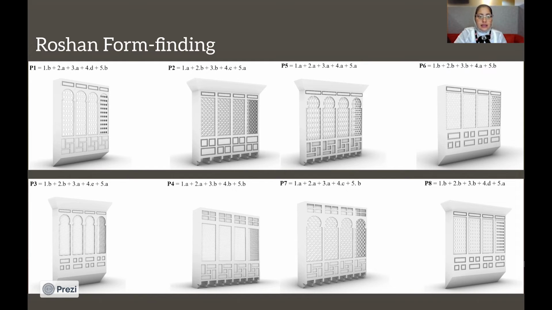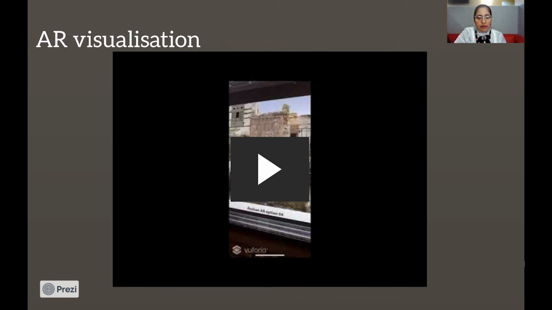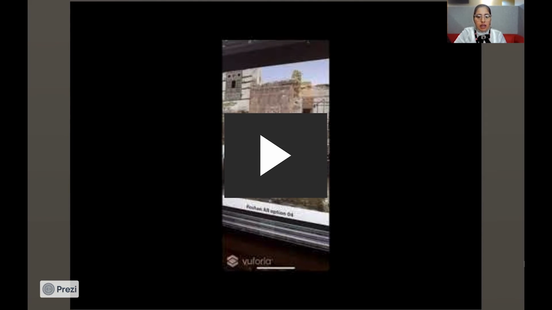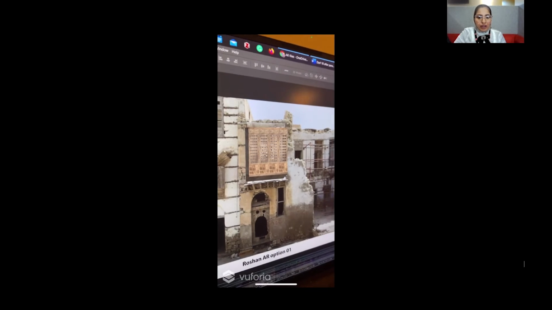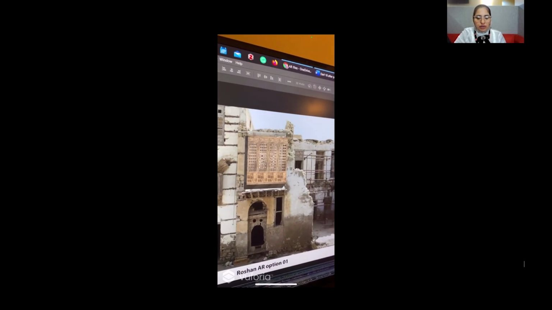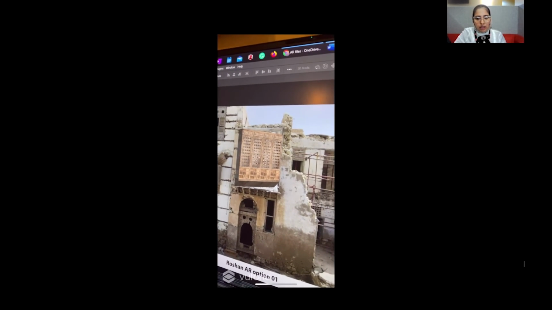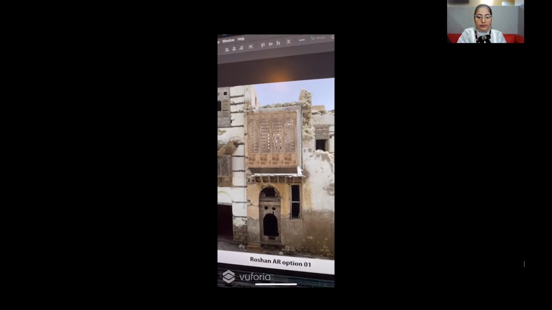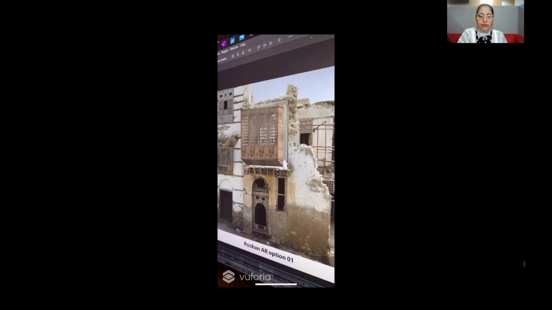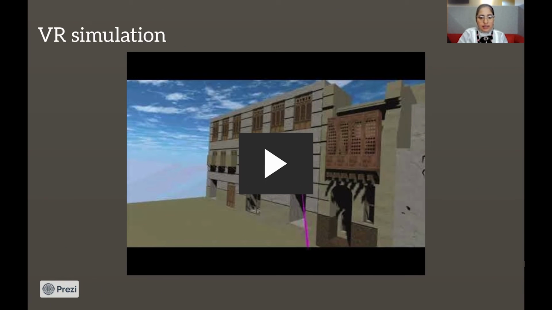And as you can see, here are the possibilities I mentioned earlier in the table. For example, possibility 2 was combined from these selected geometry options. Here is the application of augmented reality. I really encourage you to watch the videos and the link. For the VR simulation,